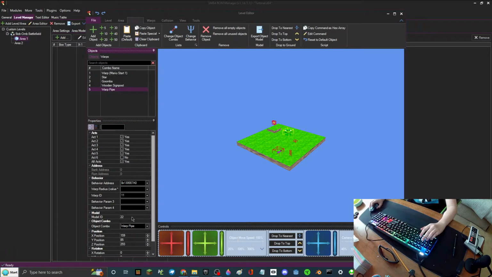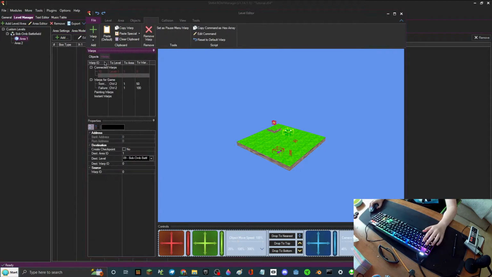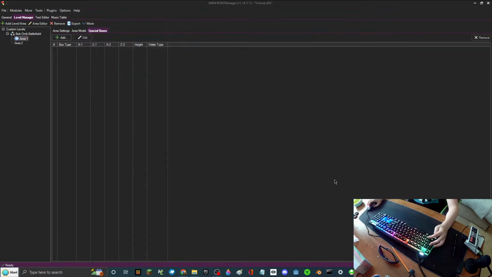So, since we got warp ID 11 that we want to enter, we want to do warp ID 11, right? We want to keep on my battlefield. We want to do area 2. Destination warp ID 10, because that is the start of the next area. Now, if we open this up,